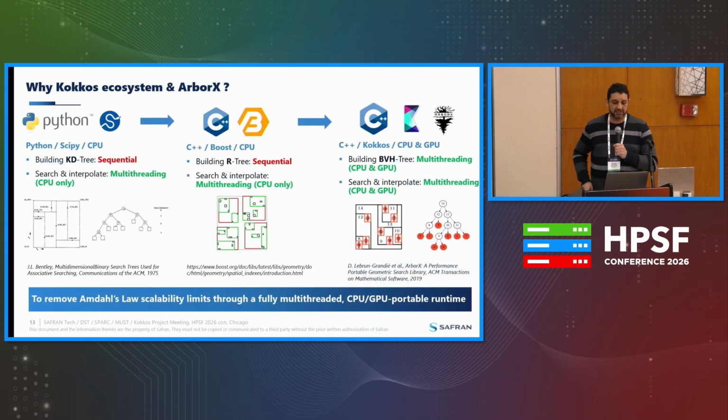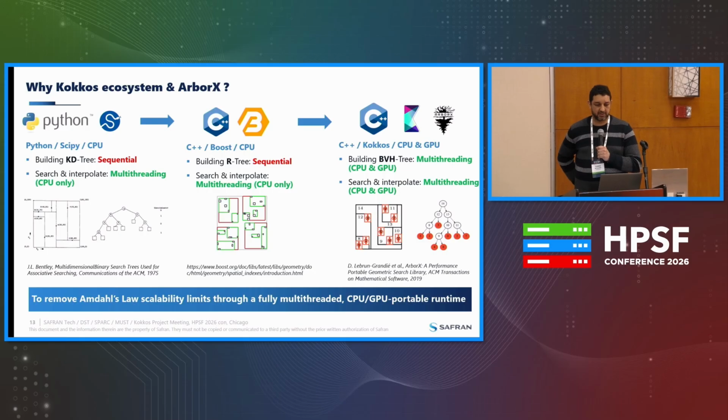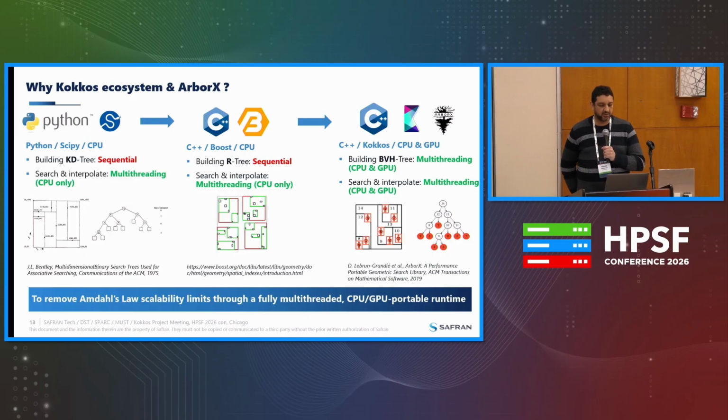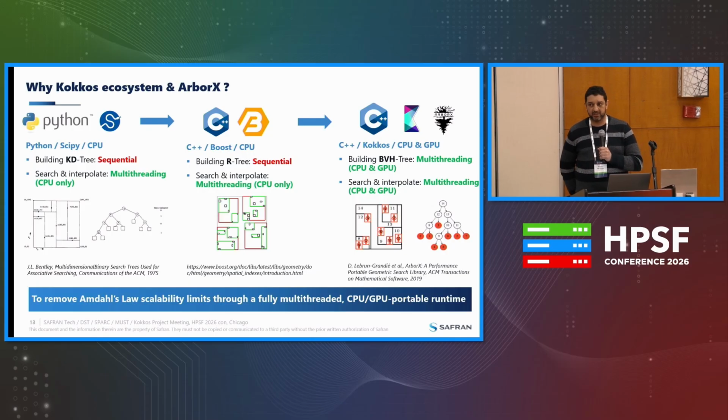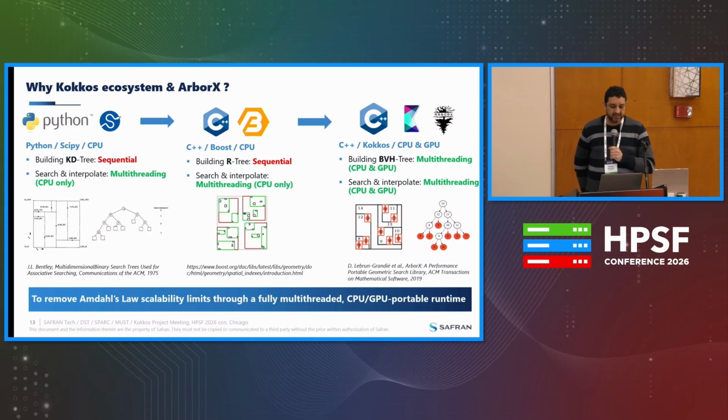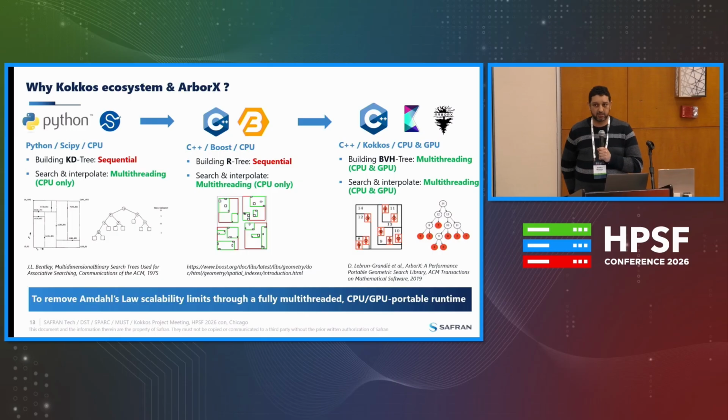So why Kokkos and ArborX? We had the first implementation a long time ago. It was Python-based, using a KD tree for the spatial indexing. And it was very slow, so there was a first attempt to accelerate it, moving on to C++ and using the Boost library. But we were really stuck with the bottleneck of the sequential parts. So when we decided to improve this